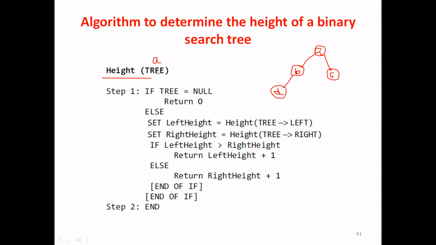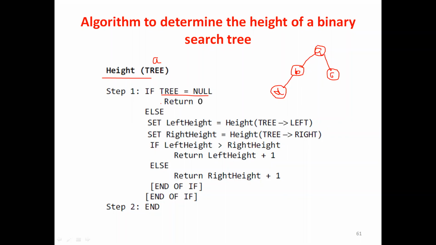So, for example, I'm calling the function height now. We are passing the root node, that is nothing but A. So it means that we are checking. It is a tree. Tree is the pointer variable, just correlate with the C structure of the node. Tree holds the address. Is it equal to null?